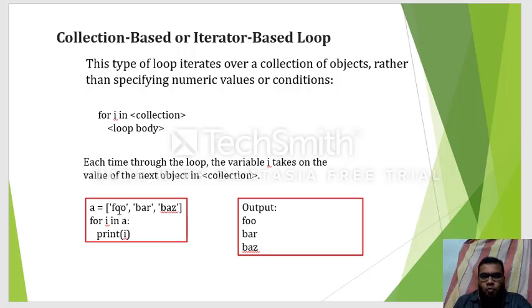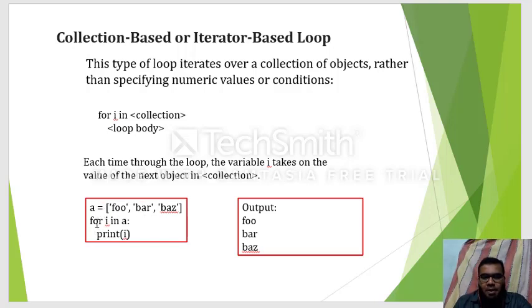So when you want to print the contents of a list or a tuple, the for loop is used in a different manner. It is not the same as in other programming languages. You can see a small example here. A is equal to, I am giving a square bracket and defining 3 values here: foo, bar, and bars. There are 3 values. The first one is a string called foo, the second one is another string called bar, the third one is another string called bars. When I want to print the contents of this list,